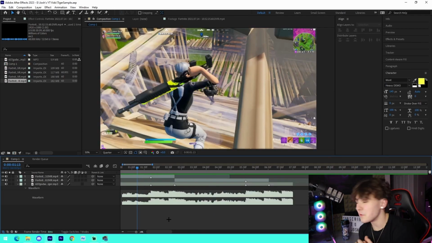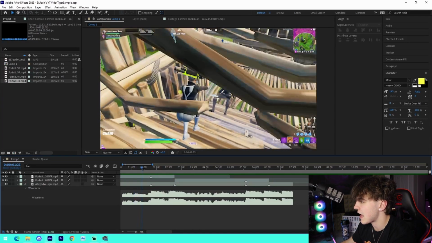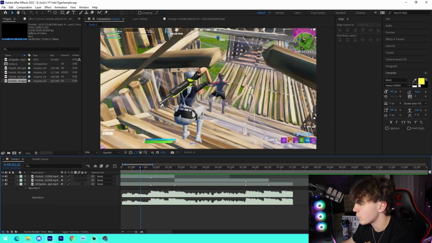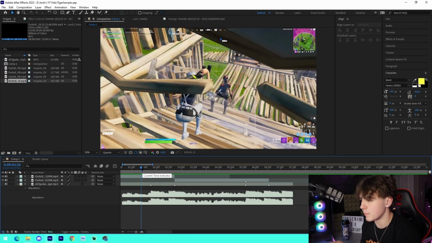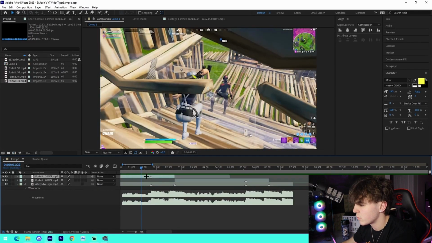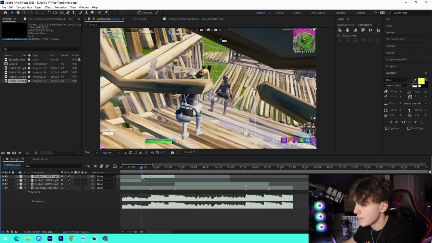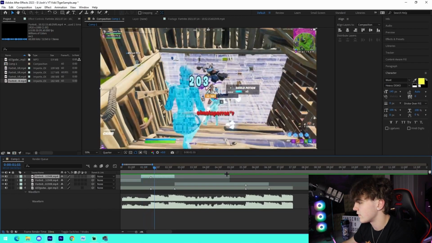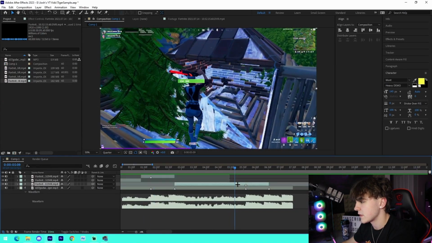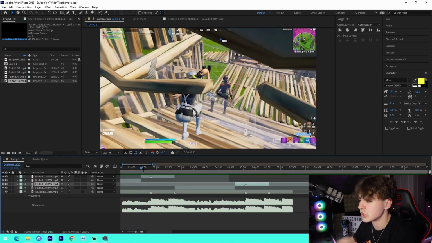a little bit of time remapping, which can be complicated for beginners, so just try to stick with me. Should be pretty easy once you guys actually get the hang of it. All we got to do here, we're going to find wherever we have the shotgun pulling out. So normally people will be breaking something or they'll pull their shotgun out, getting ready for the one pump or whatever your clip is. It all depends about timing. So for here, I'm going to trim the clip, or split it, sorry, where I actually pull out the shotgun. So we can see that, and then we'll obviously have some slowdown. And then here, same exact thing, we'll trim it, and then I'll actually show you how to work the